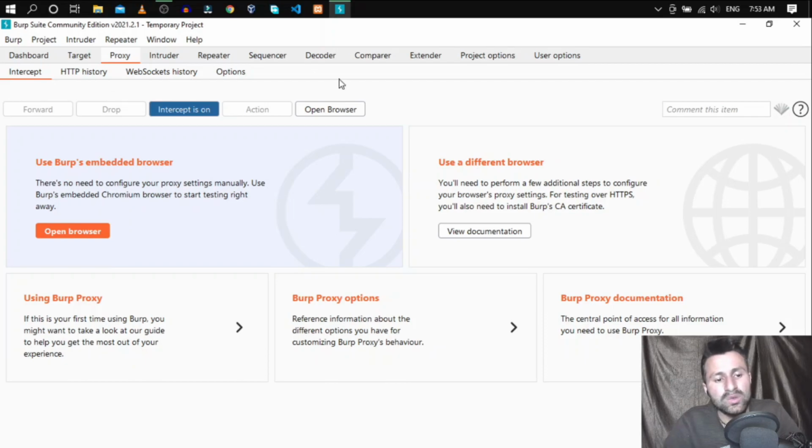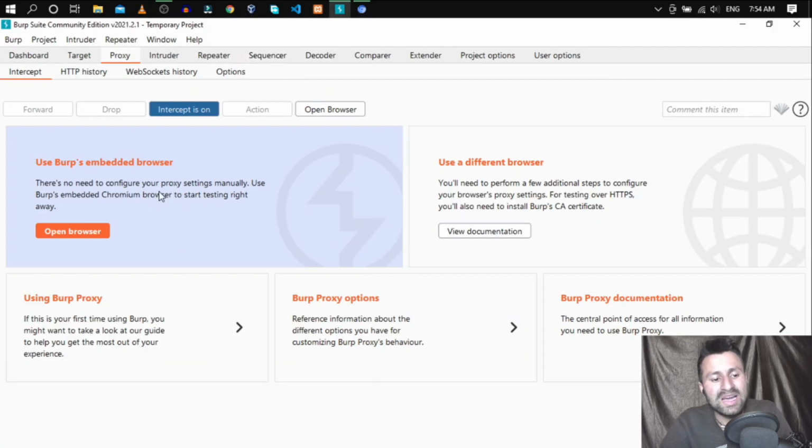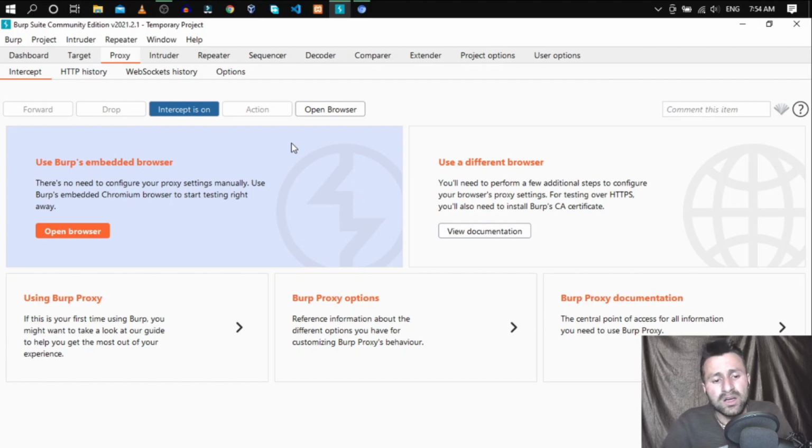So the proxy section basically intercepts the URLs, and then we can forward the URLs or requests to the appropriate tools. Now down here you can see use Burp's embedded browser. If you click on open browser, then it should open up the embedded browser. This embedded browser is specifically configured to work with Burp Suite, and it comes along with the installation of Burp Suite. And you can also configure external browsers like Firefox to work with Burp Suite. There you will have to perform additional tasks like installing the CA certificate,